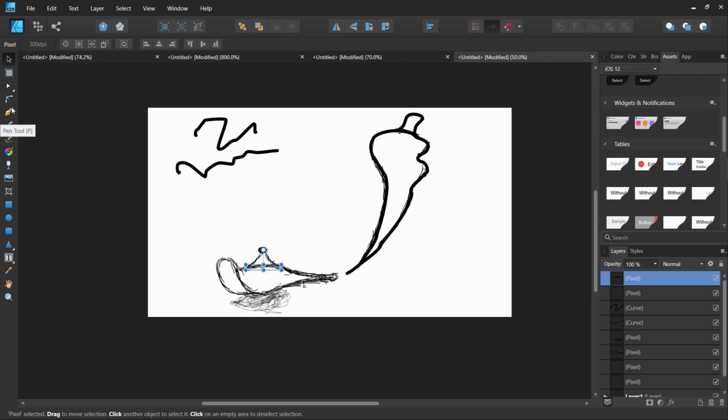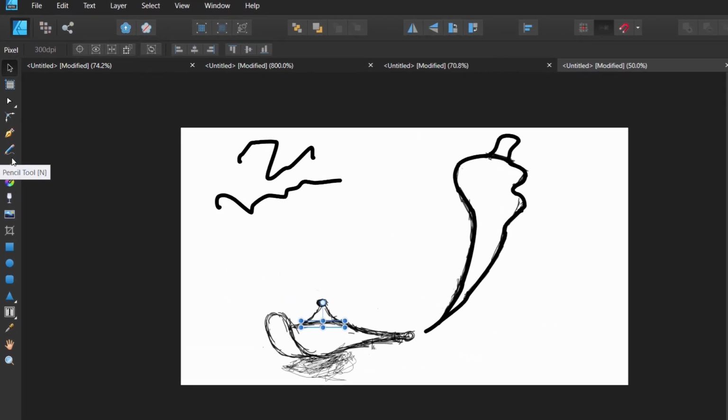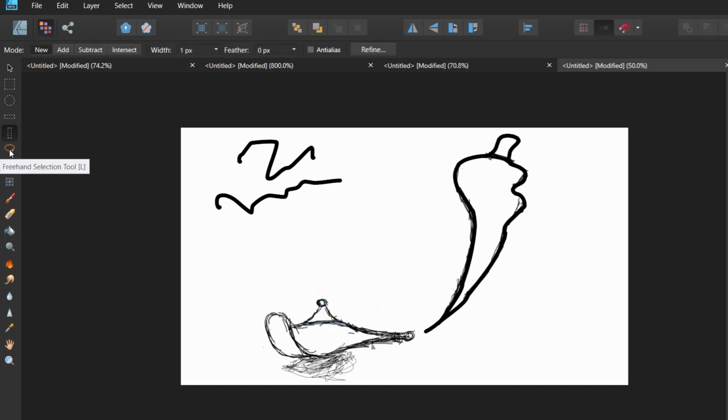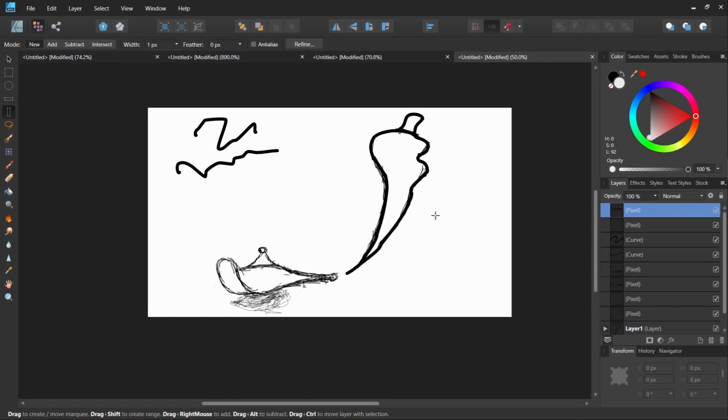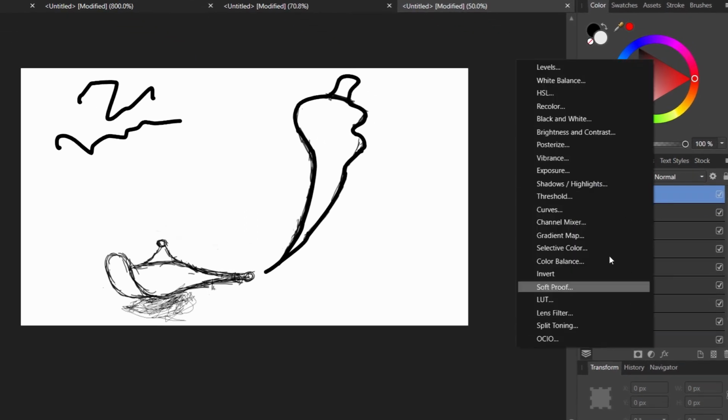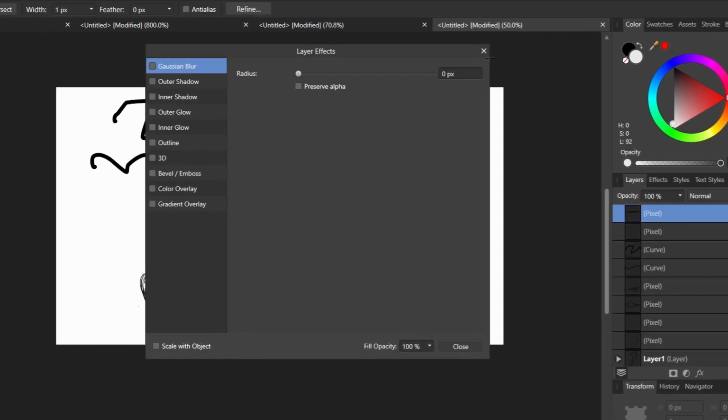At a glance, you will feel like there are not that many tools in Affinity Designer, but if you deep dive into this application, you can find that all the tools necessary for your workflow are available. So for a beginner like me, who feels that this illustration stuff is very hard, it makes everything very easy and compelling to use. I didn't get afraid of using Affinity Designer. So that's about the interface of Affinity Designer.